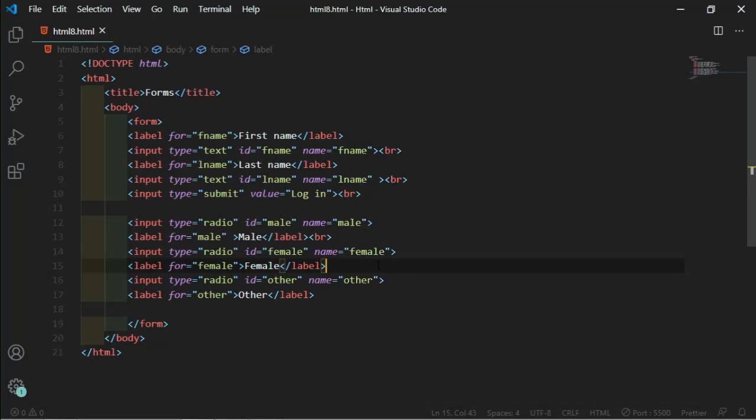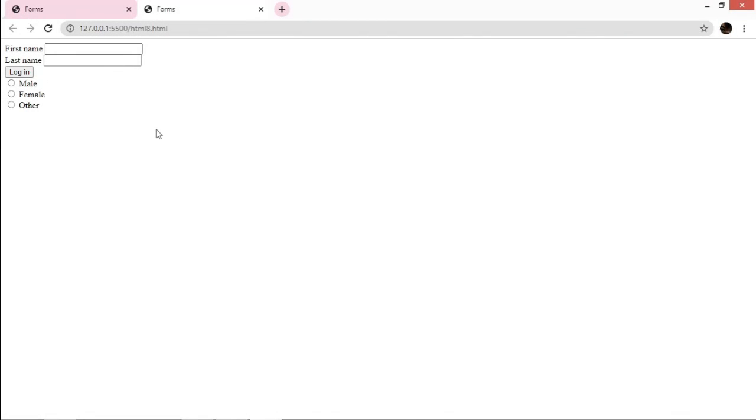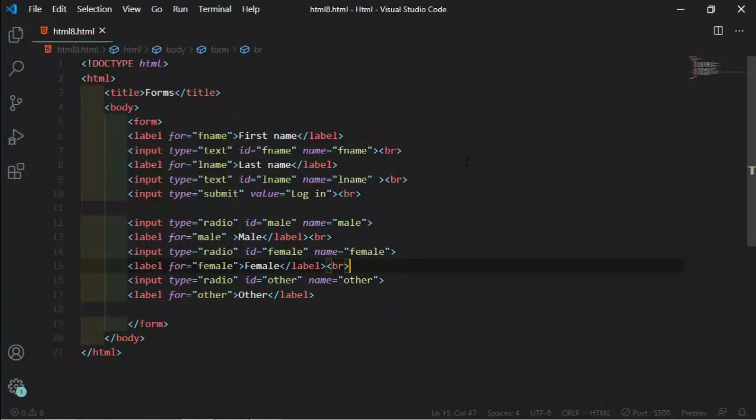Now we also have to end this with a break tag over here so that it looks sorted out, and then save this. Now just open it with live server, and you can see we got 3 options. You can click what you want, like you see in forms, and this is how you can create radio buttons and labels and then login buttons. So that's all for this video, guys. See you in